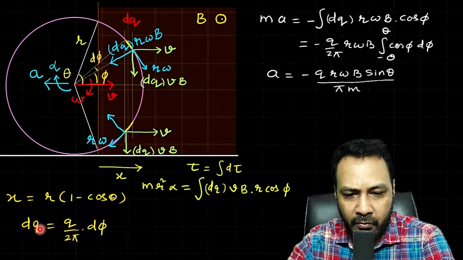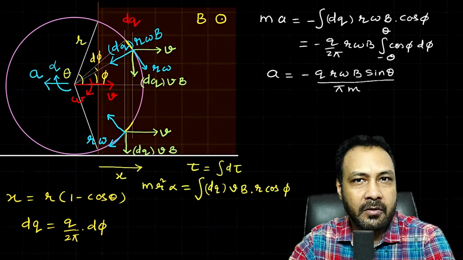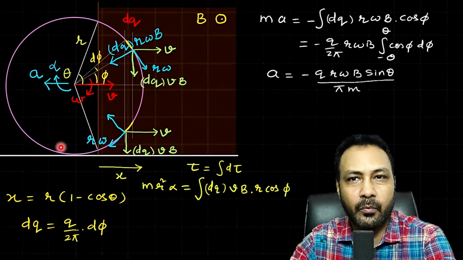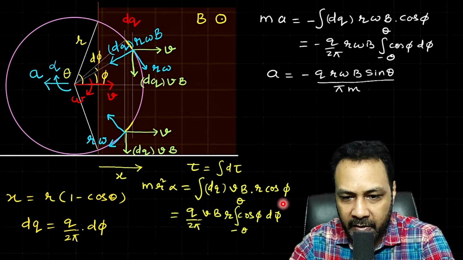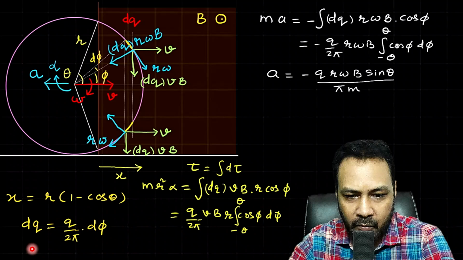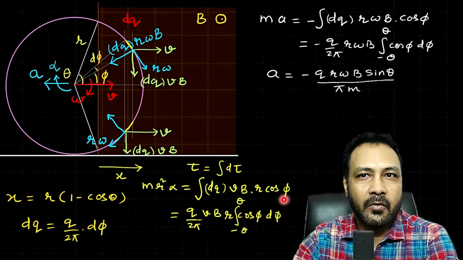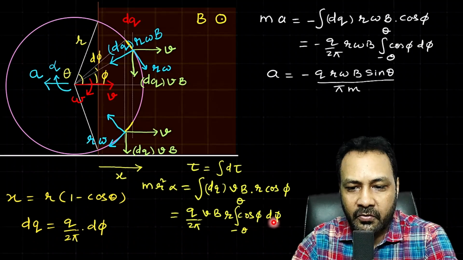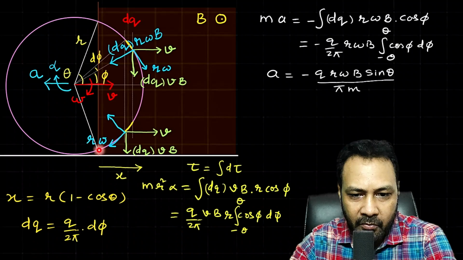Again put the value of dq from here, q by 2 pi d phi, and all this q by 2 pi v b r take outside because all those are constant at this moment. Only variable is phi. So if I take the constant outside, from dq, q by 2 pi d phi, I take q by 2 pi outside, here v b r I have taken outside. Inside what I've got? Cos phi d phi, and again I will, as I take this element from here to